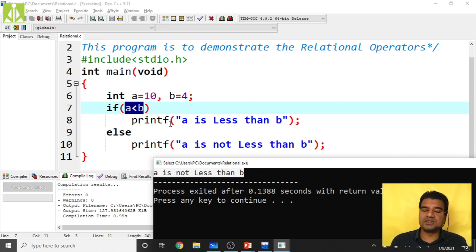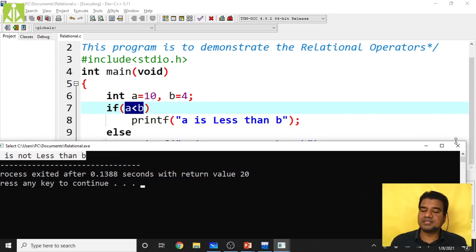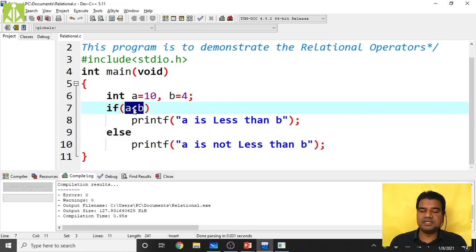The reason is that A value is 10 and B value is 4, and when we do this type of comparison, this relational expression returns false, and ultimately we are getting a message according to that false expression. So the next thing, less than we discussed, greater than we discussed, now less than or equals to.